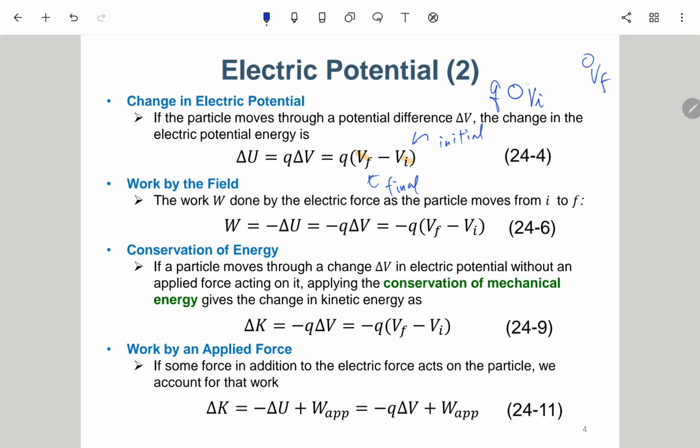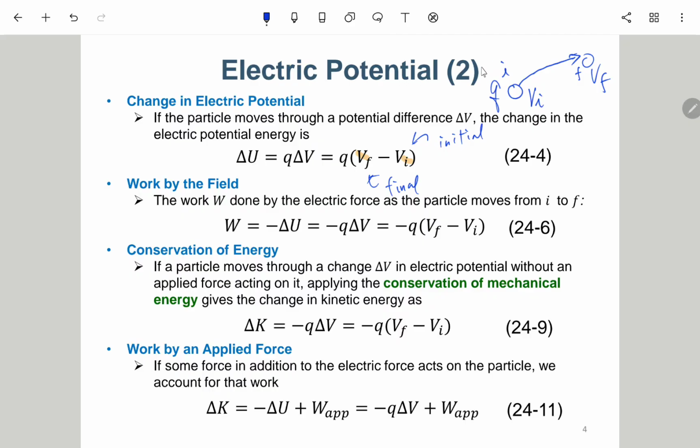If you try to move this charge from VI to VF, or actually from point I to point F, you need to change the electric potential. Actually, the potential is not generated by this Q, it's generated by something else. Here it just mentions that if there is a potential, and you try to move the charge from one point to another point,